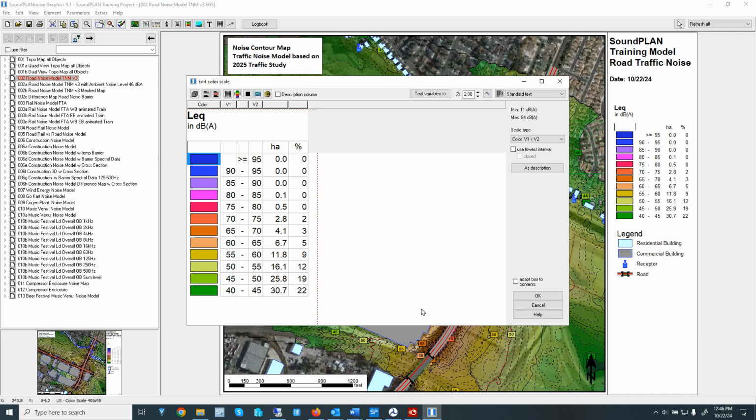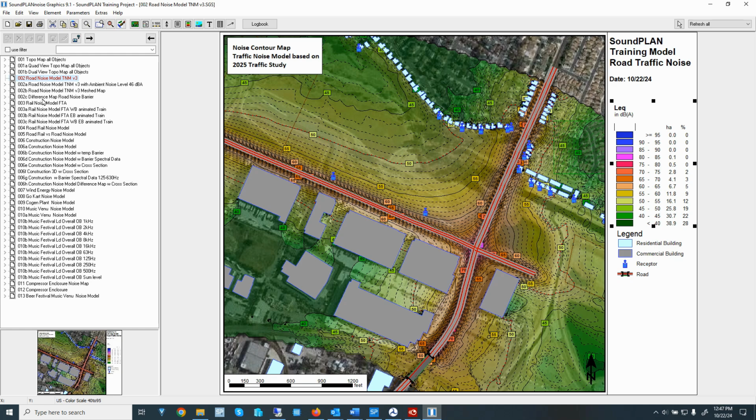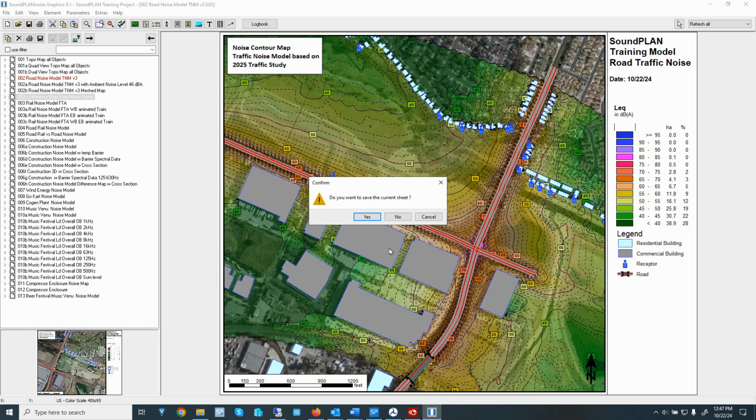Now the percentage here of course is relative to the total calculation area, and if you add these percentages together, right now they will not add up to 100%, partly because there's quite a bit under 40 decibels. So if I add the lower interval, you can see 28% is below 40 decibels. All right. So you can use this, of course, for the overall noise impact, but you can also use that for the difference map. So let me load in that difference map.